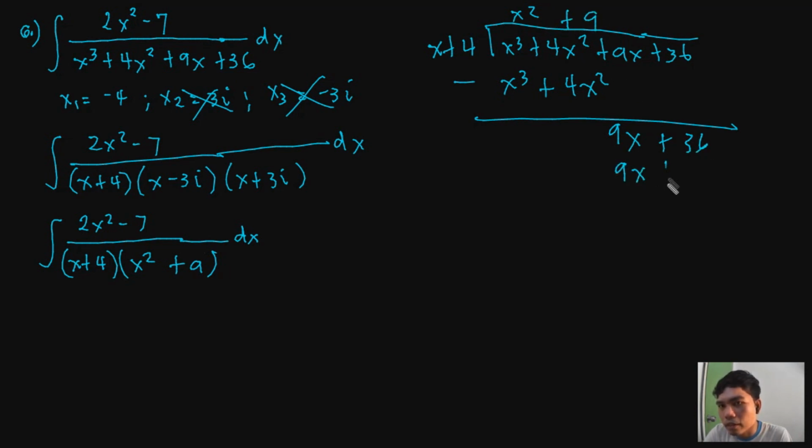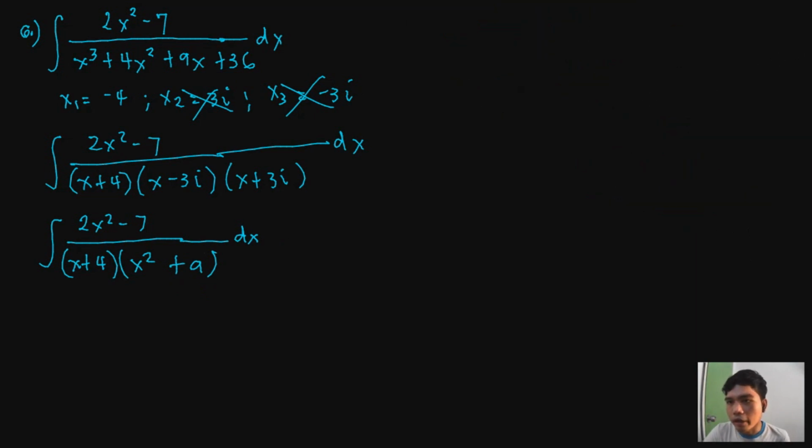So this becomes 9x plus 36. So subtracting this, we have 0. Okay, so that makes sense for this case. Okay, so ganun lang yun, kasimple. Okay, so going back to this expression,